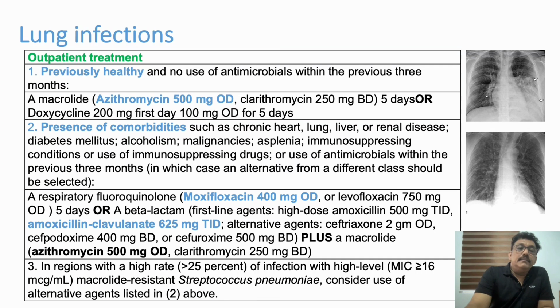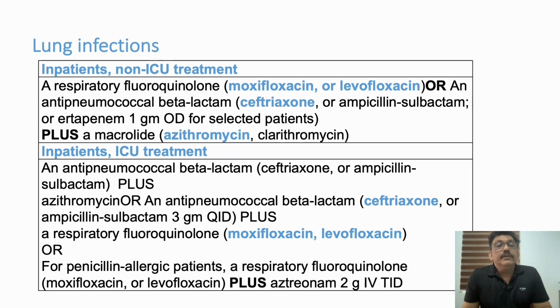So that is the main treatment in OPD basis patients. You are not admitting, you are discharging the patient. For a stable patient who has no previous lung disease, you give drugs like augmentin, azithromycin or doxycycline. Now, lung infection, if it is severe, again, if we want to admit the patient, then you